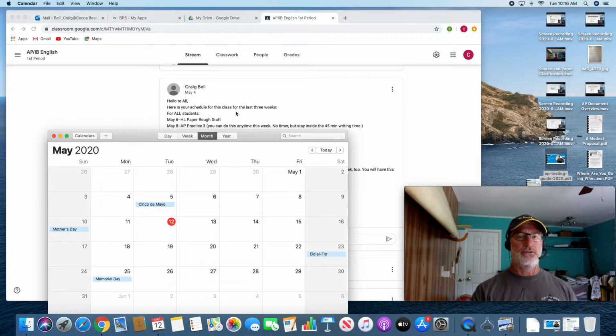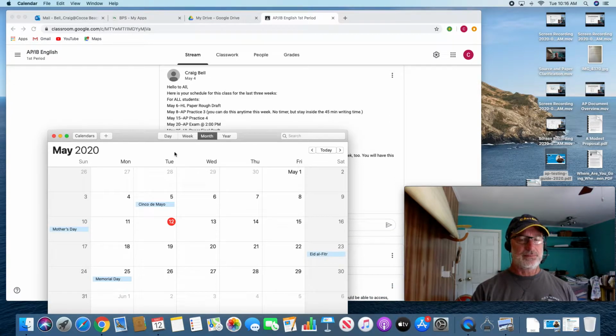I know on this date up here it says the 15th. I moved it to the 18th. For a due date, it's open. There's no timer. You can do whatever you like, but please try to keep it in the 45 minutes and then make sure you hit submit. I'll touch on that in just a second. Then after that, you'll get the rough drafts for your essays. You have this here, and once all that's done, revise your essays and get them in.